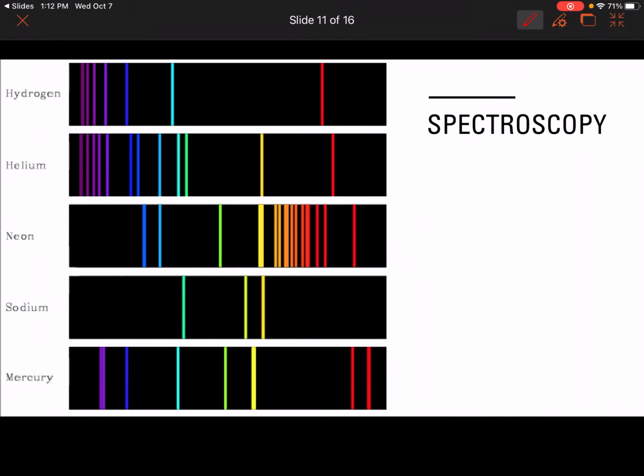So as you'll see here, these are different elements, and they've got very different emission spectrums. They look different. They've got different lines showing where the energy is being emitted at various parts of the spectrum. Now, one thing to note is that these are like fingerprints, so no two elements are going to have